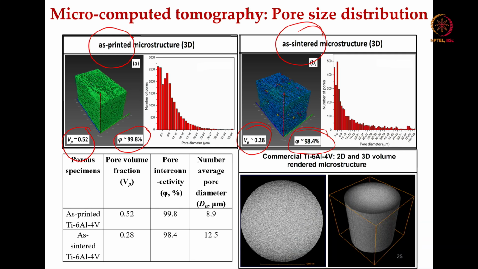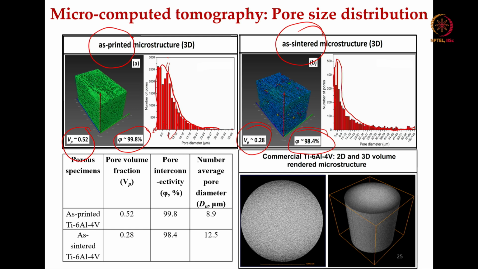And this is the number of pores. You can see this pore size. If you do this kind of distribution, you will see a large right handed tail, and the pore diameter is somewhere around 10 to 12 micrometer. Now, if you see the number of pores here, this also has a large long tail, and here again the pore diameter is almost in the same range, but the tail part is much more extended.